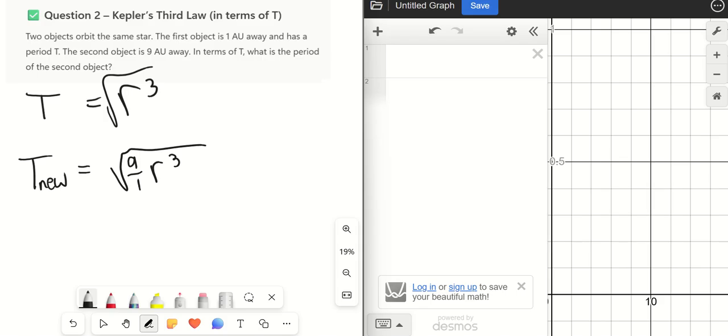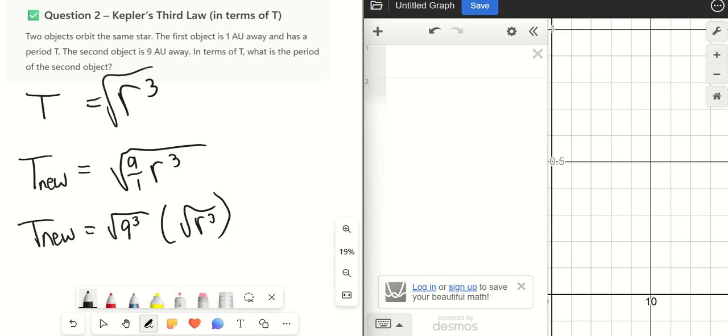Okay, so these are my changes. All the numbers that I just plugged in, those are my changes. I want to pull those out. So my new period is going to be square root 9 divided by 1, which is 9. I'm going to keep the cube that we see right here that was attached to the r. And everything inside of here is now square